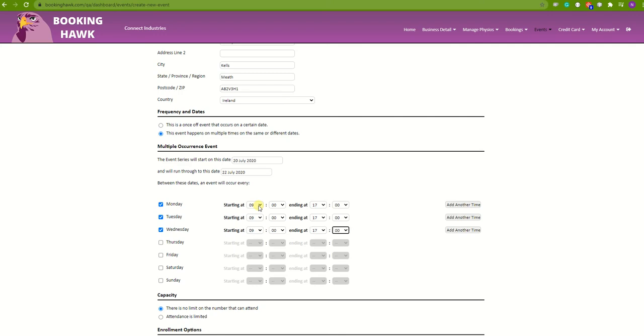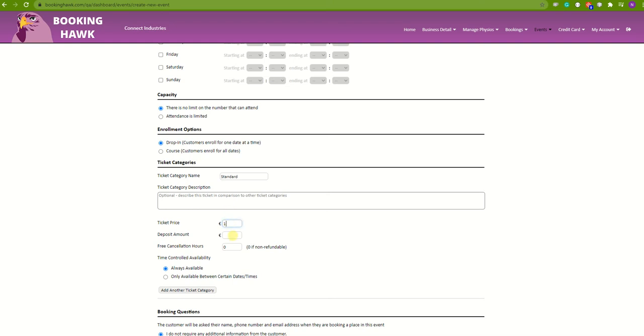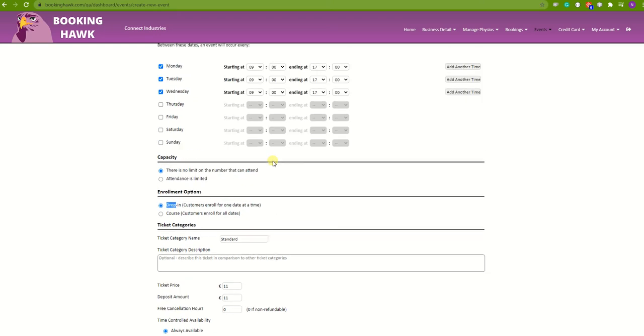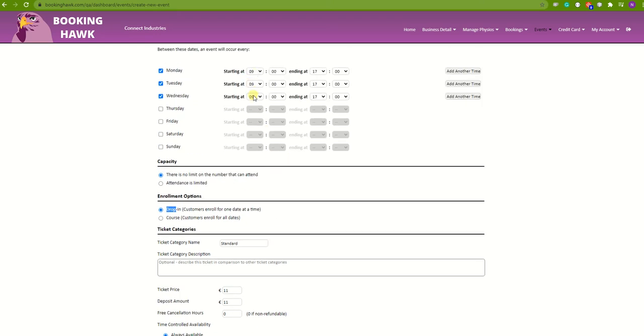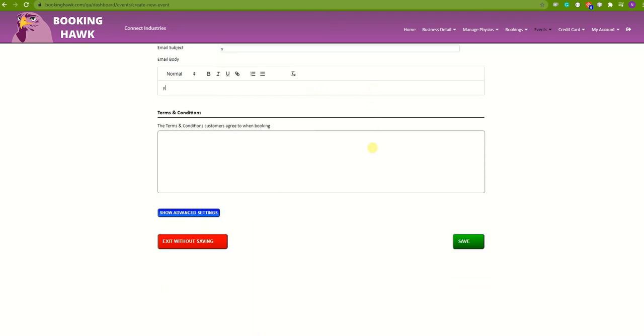And then the last important part is obviously you can set capacity, etc. I'm just going to fill in these prices so it doesn't ask me. The enrollment option is the important part. So instead of a drop-in where the client would be able to choose which of these sessions they wanted to attend, we're setting it up as a course. So if I save that now, just make sure I have all these fields filled in, clicking save, that workshop